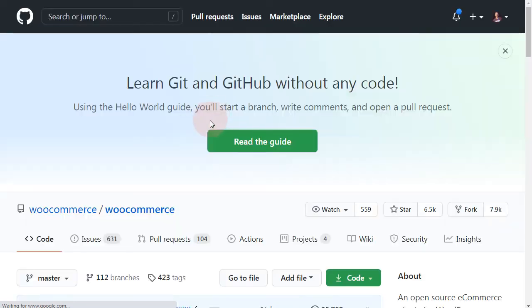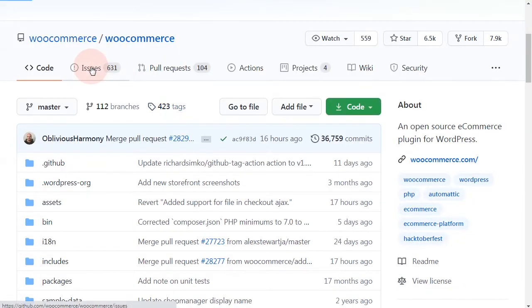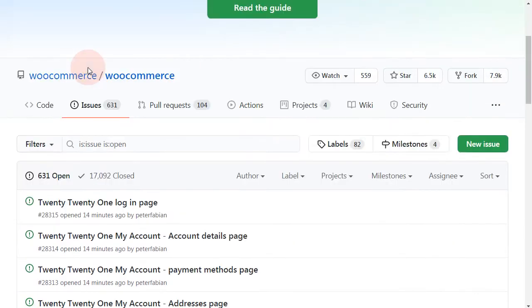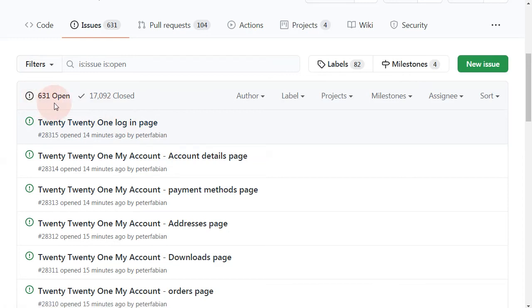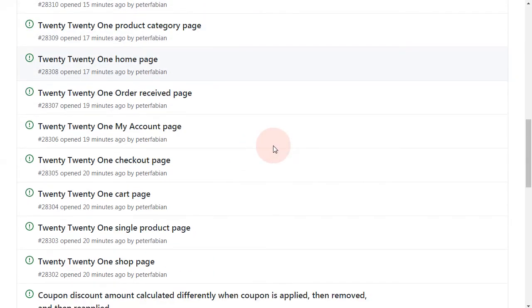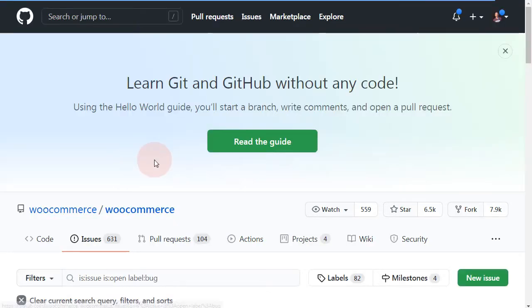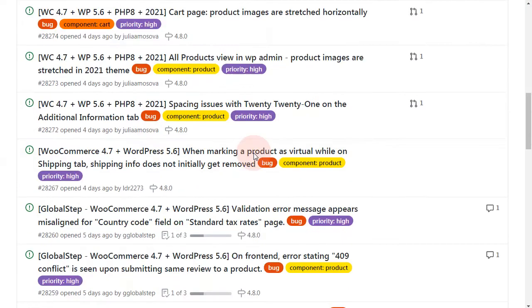That's where the WooCommerce code is publicly shared, and in the same way you can also post an issue. As you can see, there are 631 open issues at the moment. Just go check, by clicking on the bug label, if your bug is already here.